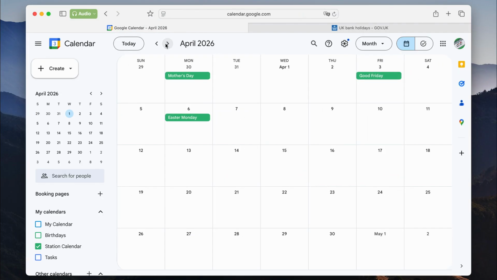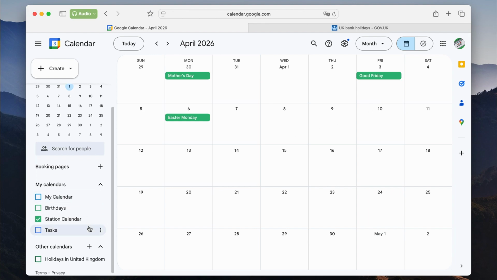And it is as simple as coming through, having that event, creating that new event there, and then that's in the calendar. So I've put these in a new calendar that I've created on the left hand side here. You can do that in Google by clicking the plus sign to add a calendar. I've called it Station Calendar and made the colour green, and then that's the calendar that I'm going to be sharing. So not my calendar, it's going to be this new one. The other thing to consider is that Google does give you this holidays in the United Kingdom calendar, and you can get the same for France and for Ireland and other countries. But I quite like having everything in one calendar,